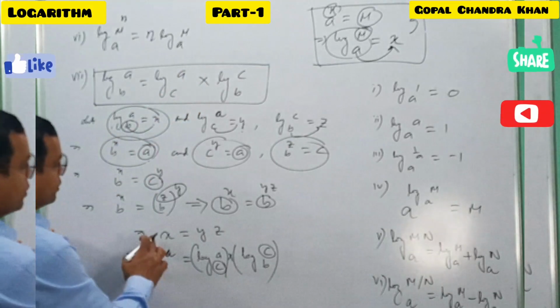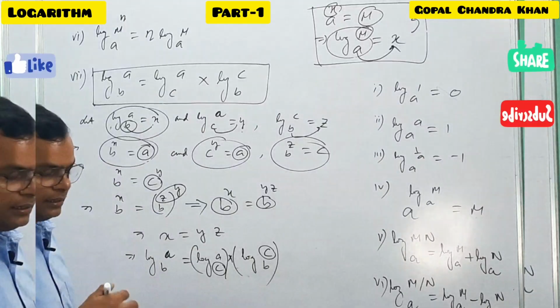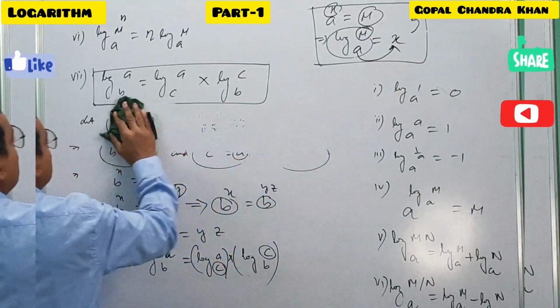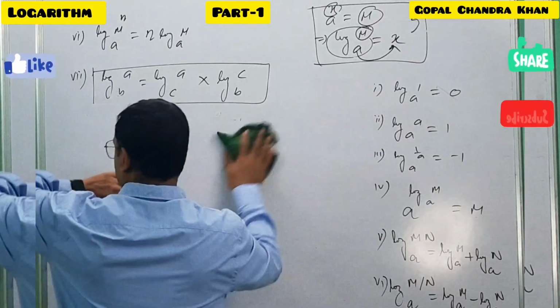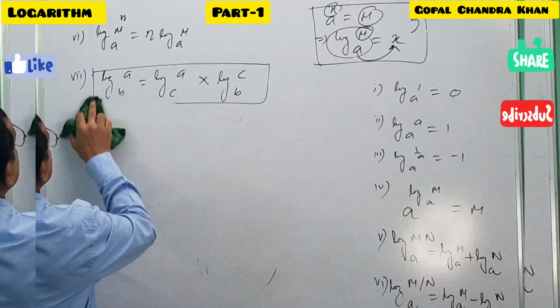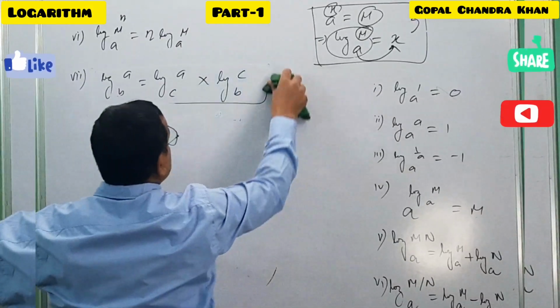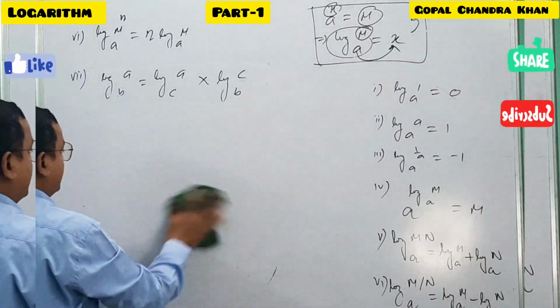So you are getting x equal to yz, and now you got the proof. I hope it's clear. Now let me show the application of all, because so far you got only the formula and I showed you the theorem part only. Now let me show you the practical use of them, how we can apply. Now first I will show you number one